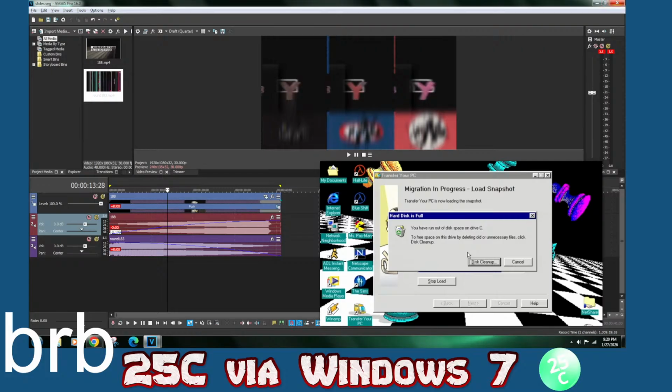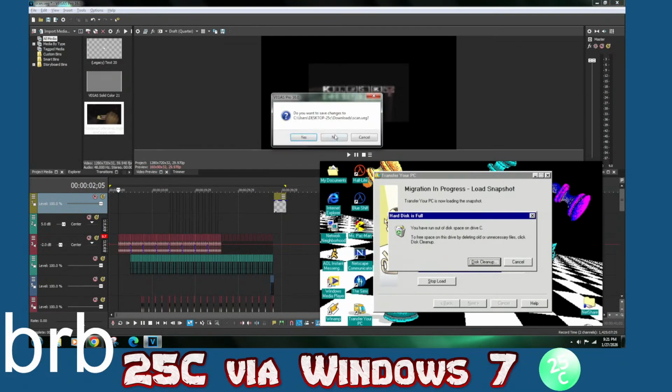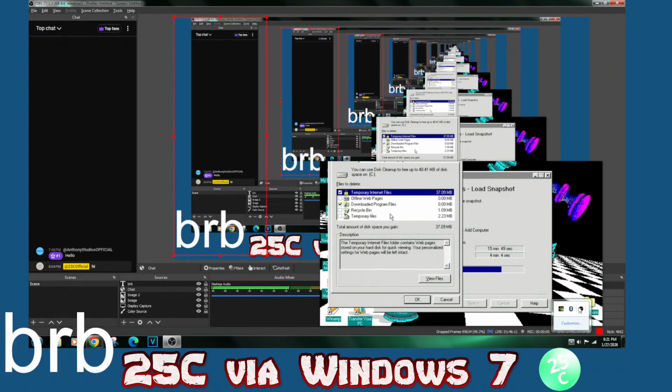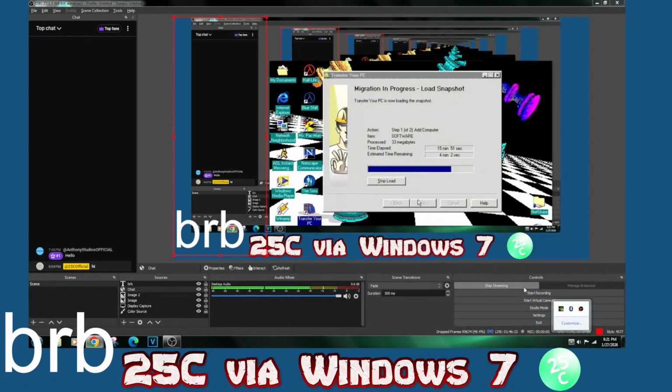Okay, well, I think I've discovered the problem. On the 98 PC, we're getting a hard disk is full error. And that's probably because the other snapshot from the previous